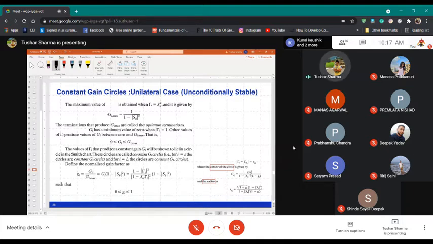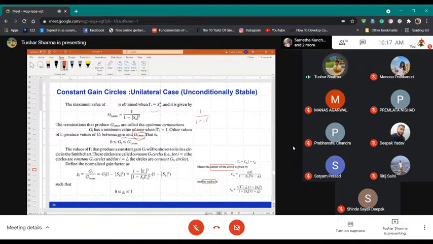And if I put any values between 1 and whatever that value of my S11 is, it produces different gains. It will produce different gains as I deviate away from this condition. So GI has a minimum value of 0. Other values of gamma I produce GI between 0 and GI max. Of course, you cannot go above the GI max. This is the maximum value, and the maximum value is given by 1 minus gamma